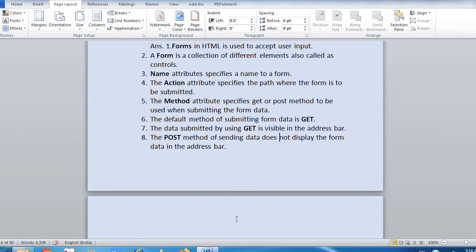Input type is equal to checkbox. Creates a checkbox. Checkbox allows more than one selection against multiple choices. Input type is equal to submit. Displays a button for submitting the form data to the server. The password input type is used to create a text content in the form of asterisk or disk dot. The reset control clears the text content entered in the form. Input type is equal to button displays a push button which activates on event.